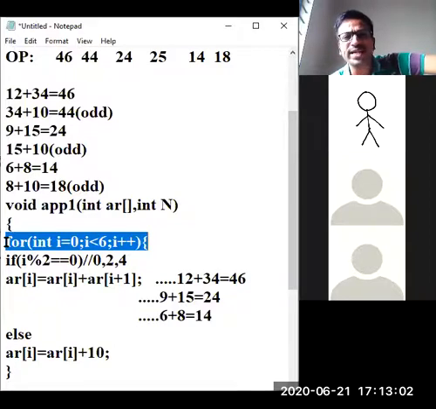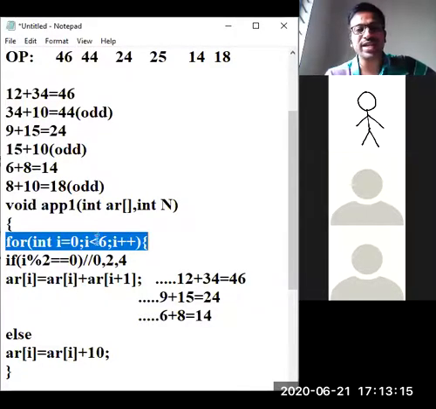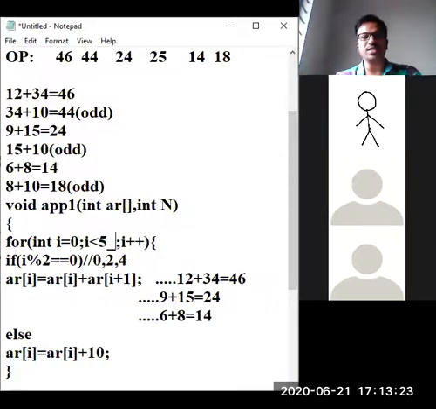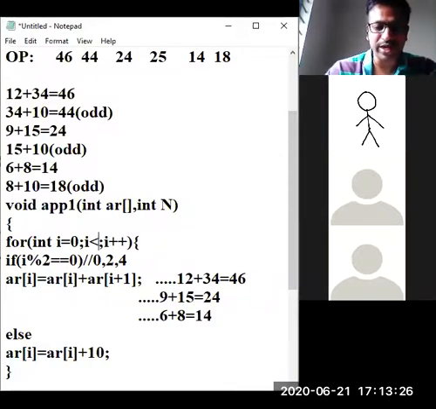Inside the for loop, indexing starts from 0 and goes up to what maximum size? 5 is the size. I mean, 5 elements are there. Means don't end at 5 because less than you have written. Instead of i less than 6, in some books they have written less than or equal to 5.